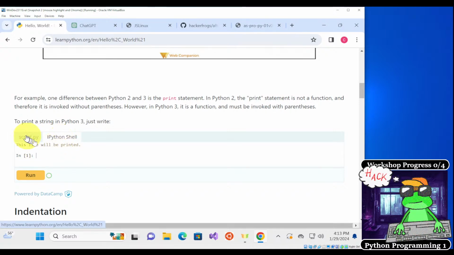Depending on the size of your screen, the script tab and the shell tab might be separated. If so, just click on the script tab, and then you can see the code over here, and you can modify the code however you like. So some text, and then run that, and then in the shell it's going to show your output over here. Okay. All right. So if you're ready to complete the exercise, please type in "Hello World" in chat.